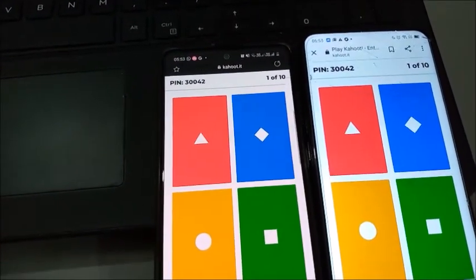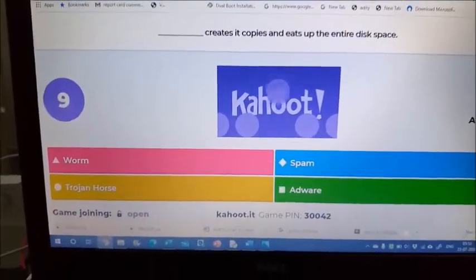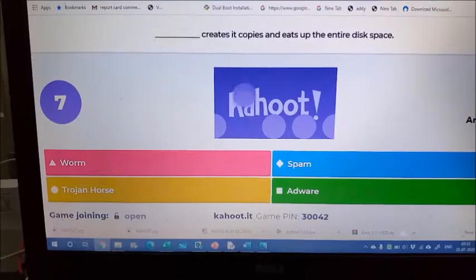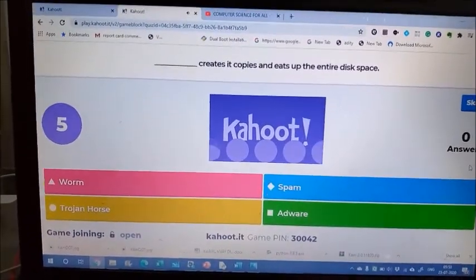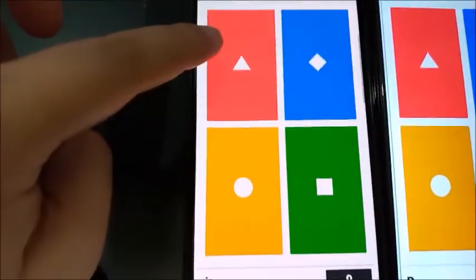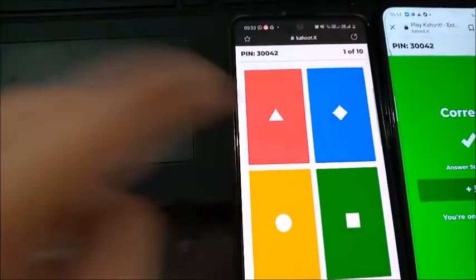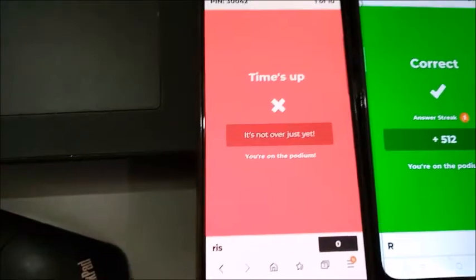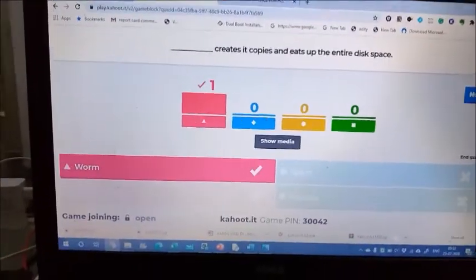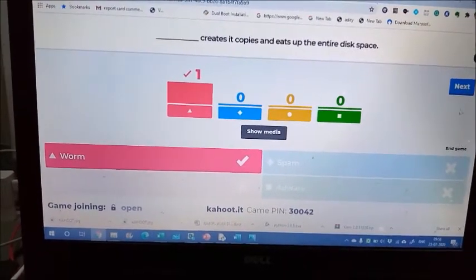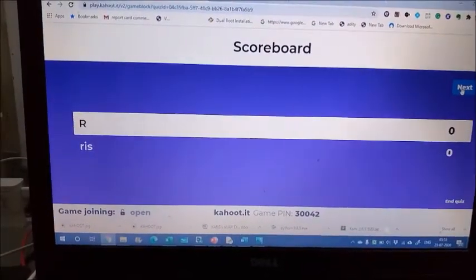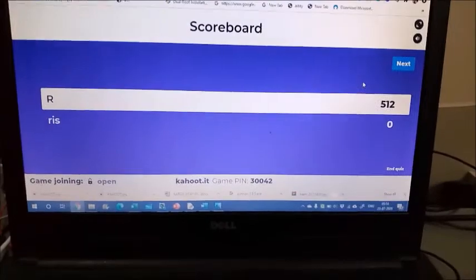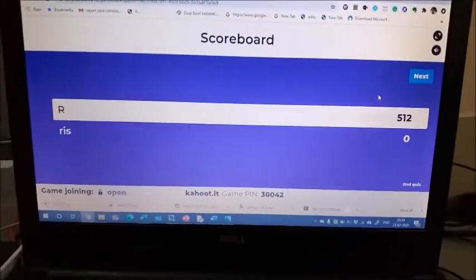So the first question is here on the screen and they have to fill in the answer. The time is there. So for example, this child has filled and this has also filled. See, time is up, right? Because I have given 10 seconds for the answer. So when I click on the next button, you can see the score, who has answered the question first.